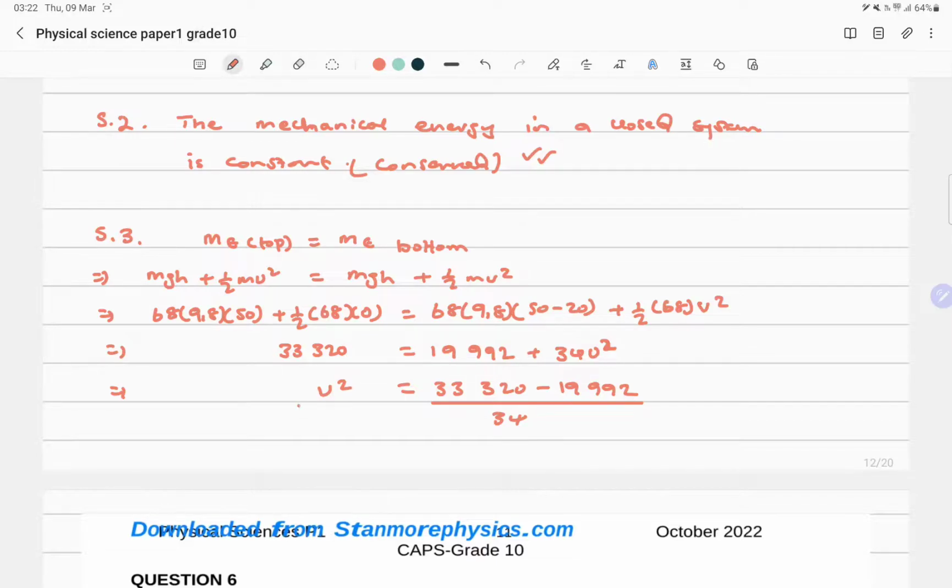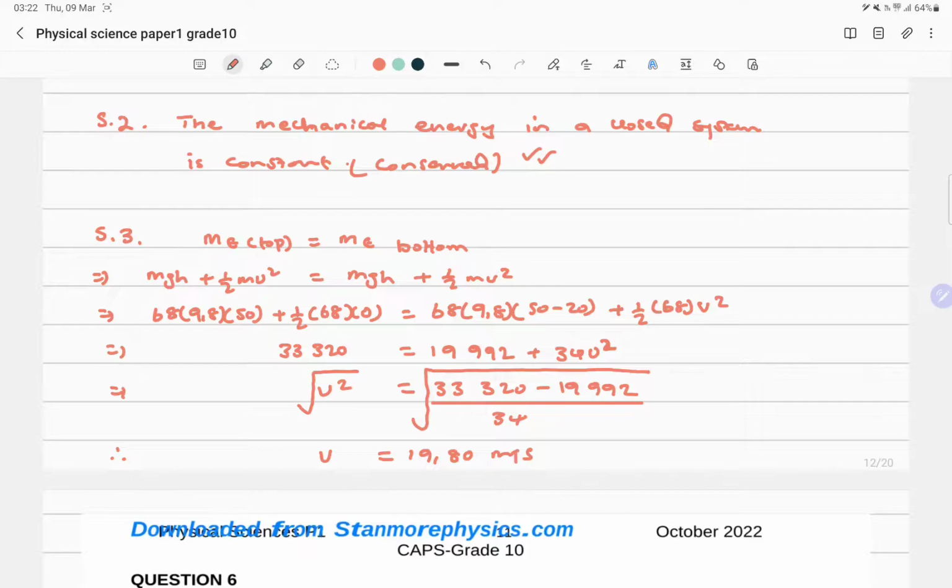We take the square root, and therefore v is equal to the square root of 33,320 minus 19,992, that divided by 34. This is 19,80